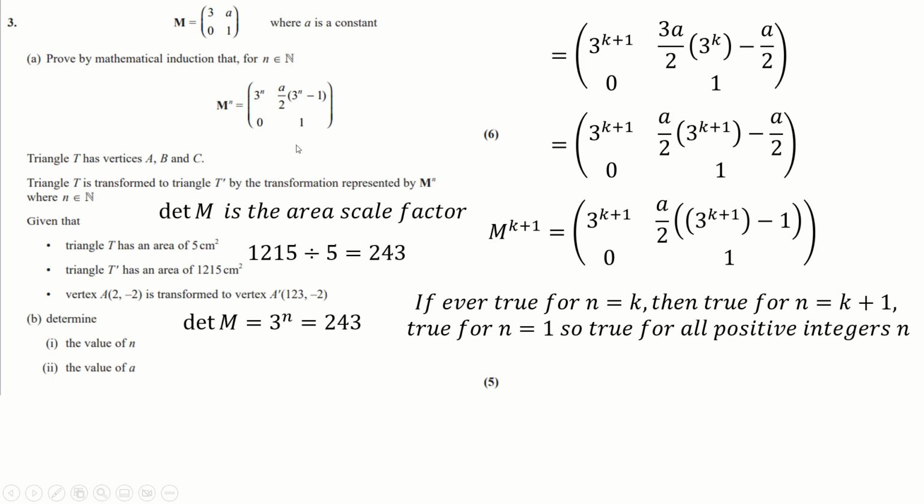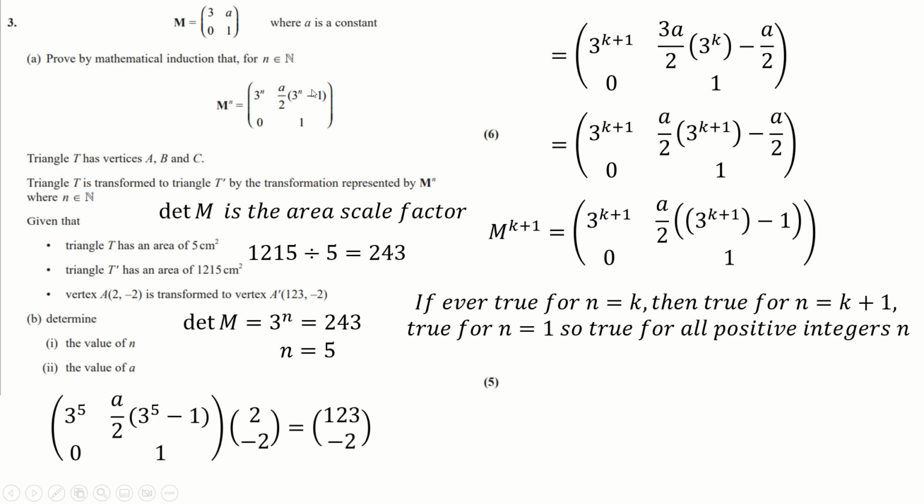But of course the determinant of this is just this times this, which is 3 to the n minus nothing. So we get 3 to the n is 243, which means n is 5. So we've got that bit first quite quickly. And then we can just get this point to go there by doing this. So we put 5 into here, and then we just shove this point next to it, and we're aiming for